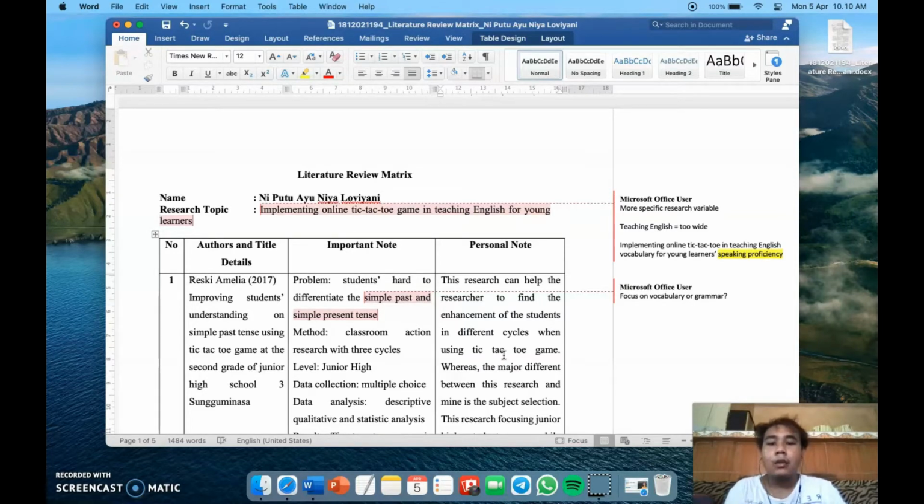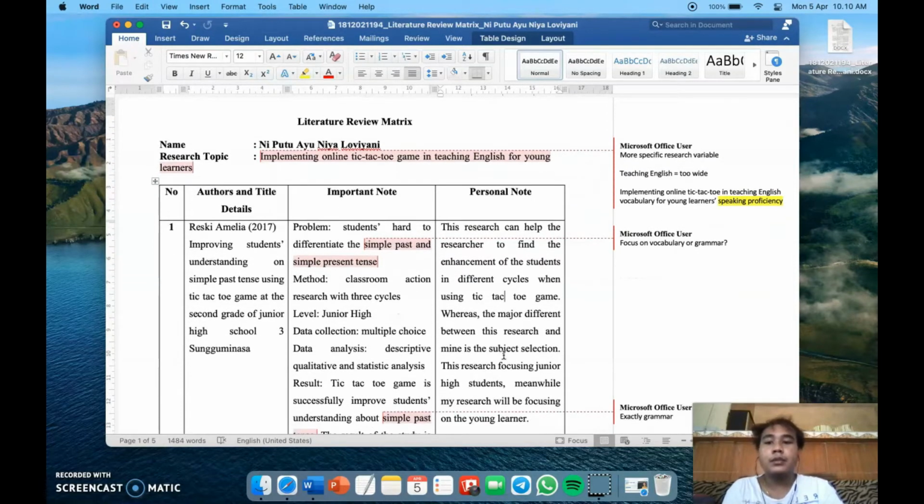And now I would like to give the literature review matrix. So it is my turn now to give the review to Nia's work. We jump to the first topic here, the first part, which is about the research topic. So here Nia